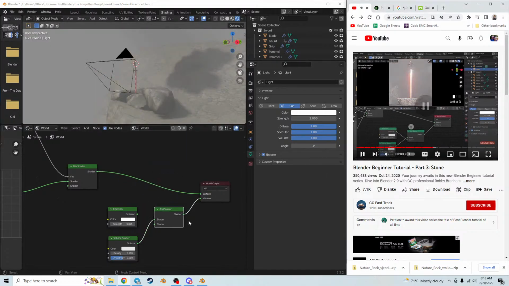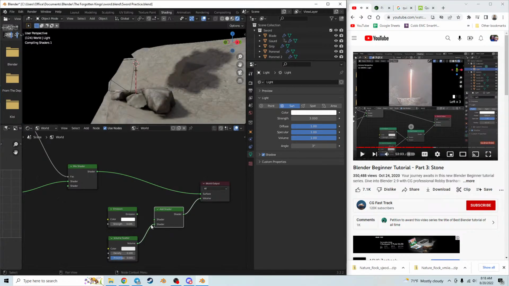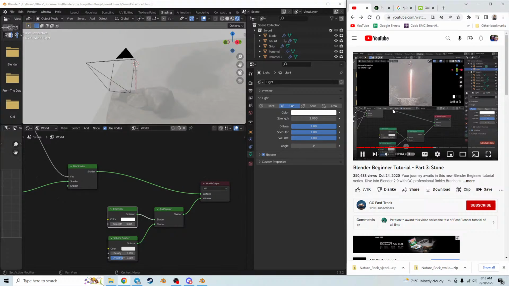So it doesn't matter which order we plug these in. Okay, shader here, just for the sake of organization. Shader there. We just want to add shader. That's going to add them both together. And now we have essentially a light shaft and our emission. If we want to temporarily turn off emission so our scene isn't getting so washed out,